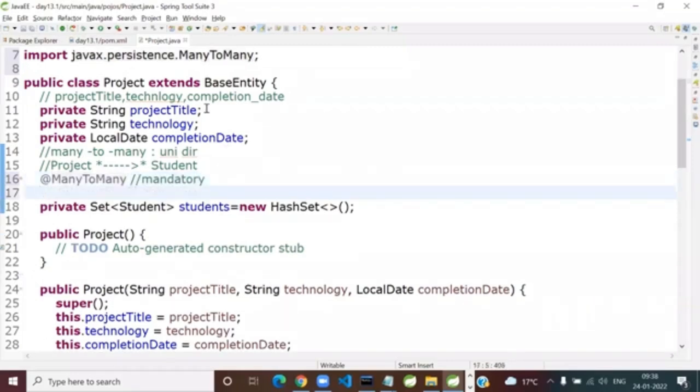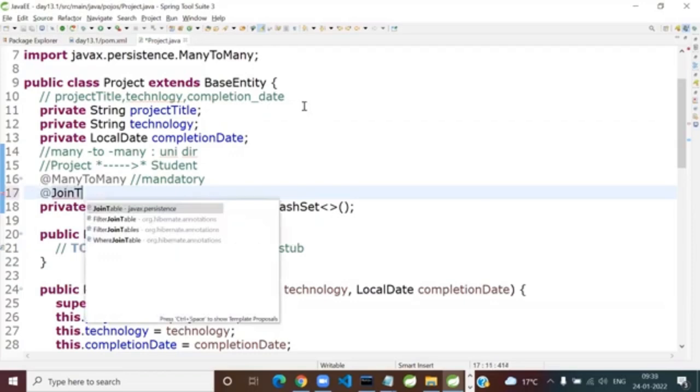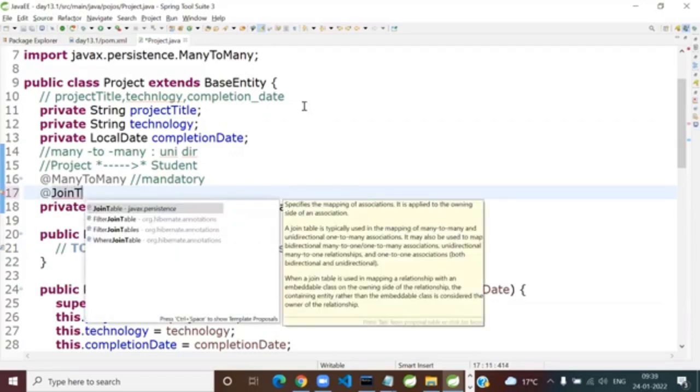But if you add only this much, who will specify the name of the join table? Hibernate, and it will be all Hibernate generated. So add the additional optional but recommended one. Which is the annotation to specify the name of the join table? The name of the annotation itself is @JoinTable.